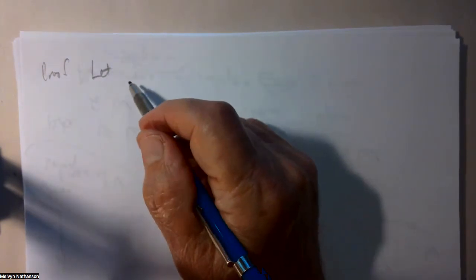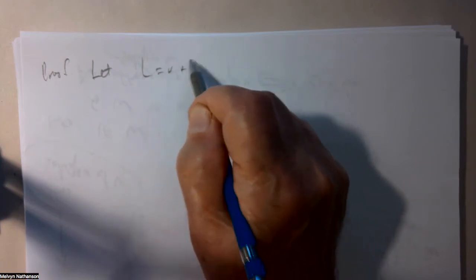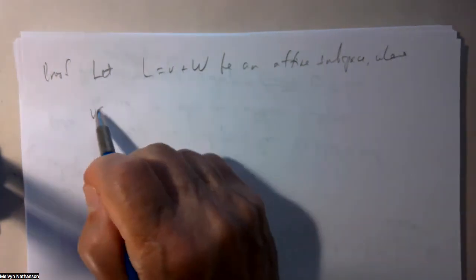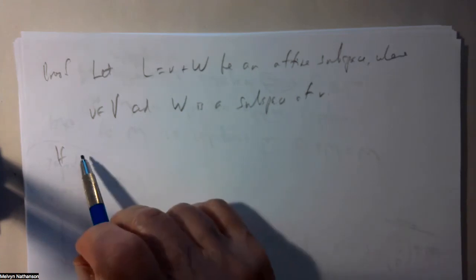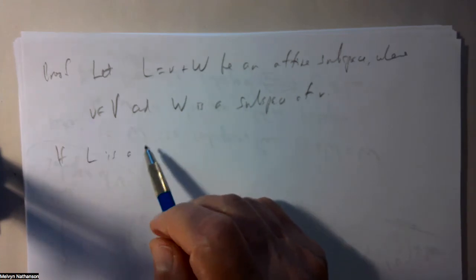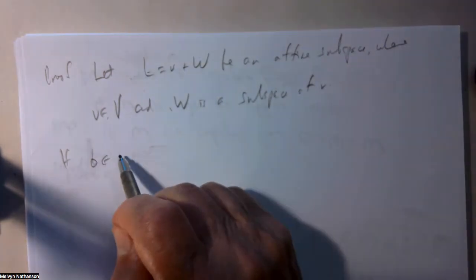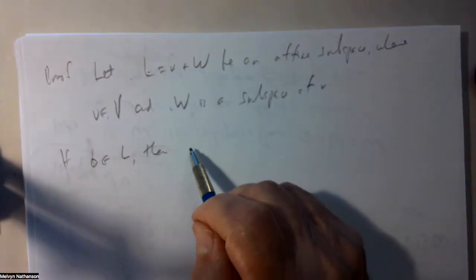Let L equal v plus W be an affine subspace, where v is in V and W is a subspace of V. If 0 is in L, then